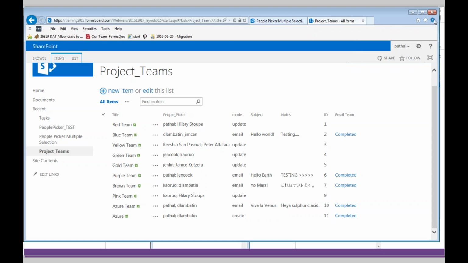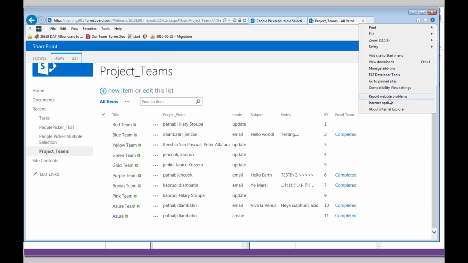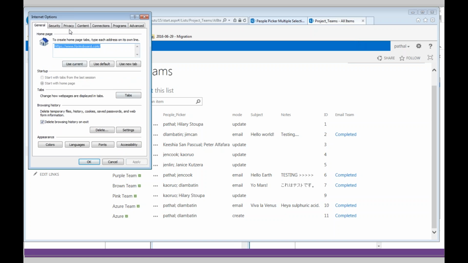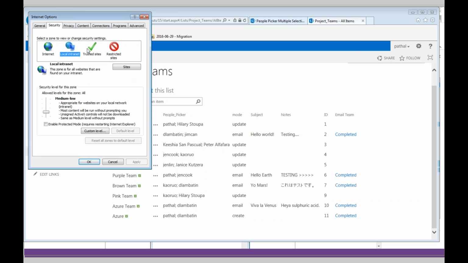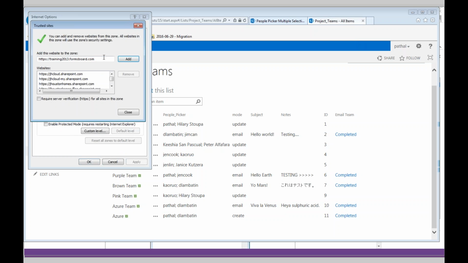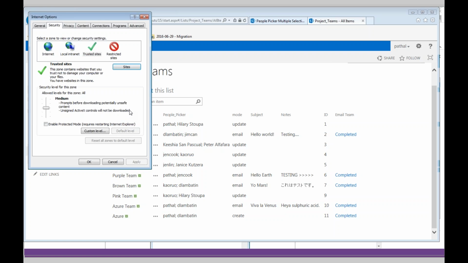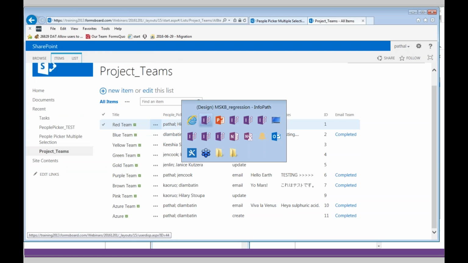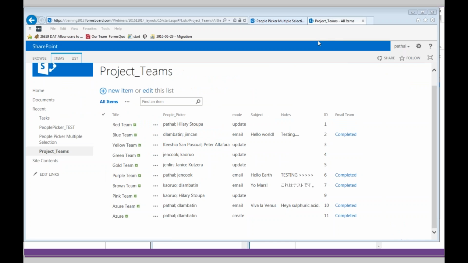In Internet Explorer, even if you're using Chrome, you're going to go into Internet Options, Security, Trusted Sites, and you're going to add About Internet into your trusted sites. Make sure that the Require Server Verification checkbox is unchecked. And now, if we go back to that form and preview it,